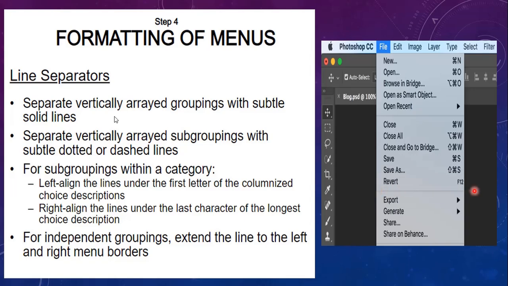In the exam you can write any menu list and show the example which has the line separator, extending from one border to the other border. Why it is very important is that it gives a strong visual separation between the two related menu parts.